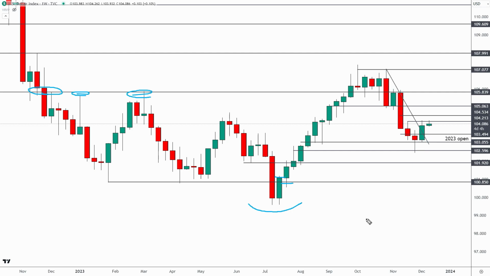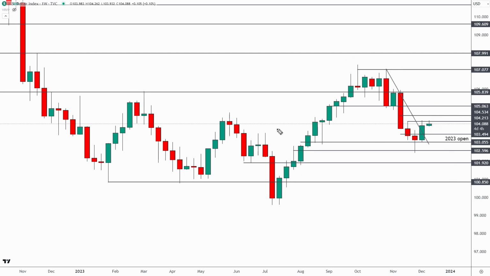So the big question now is, in 2024, do we see the DXY just continue lower down here toward the 101 range lows? Because remember, that's exactly what we got back here, right? We got the move up here toward the range highs following that fake out down here. So now that we've had the fake out above those range highs, do we get the move back toward 101? And I think this is what it's going to come down to, 105.80.